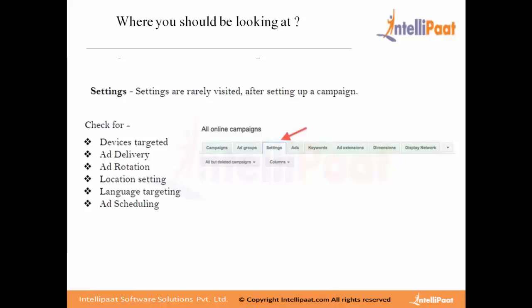And the last thing is ad scheduling. You can try running different campaigns with the same settings, the same ad copies, and the same keywords, but only the scheduling and the time pattern being different. If you have different times in both campaigns, or maybe A, B, C, or D versions, whatever number of versions you want, all the versions will give you statistics after a certain period of time on which one works better, which one gave you more conversions for a similar amount of budget.